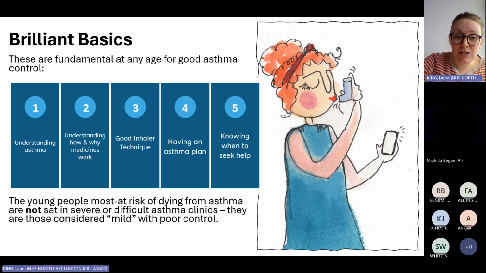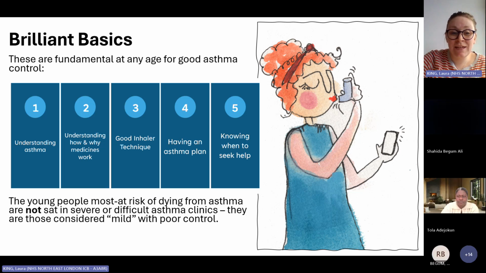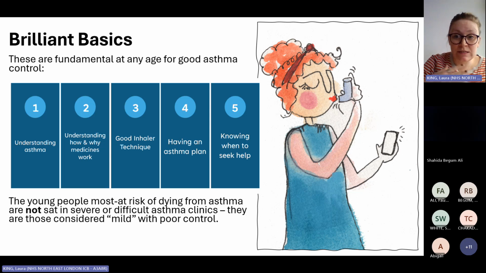Number three, good inhaler technique. Actually, I should say device technique, but I was a bit lax on changing my slides. Again, you can be prescribed the best medicines in the world, but if you're not taking them properly, it's almost pointless. Number four, having an asthma plan, and that involves any kind of asthma plan. We know that in North East London at the moment we're using the Asthma and Lung UK ones, the purple ones, and that is what EMIS kicks out. Shortly, we will be moving to the Pan London asthma plan, which is a very similar traffic light based system, pre-populated, which is nice. And they'll be on EMIS pretty soon on the KEG template, if that's the template you use.